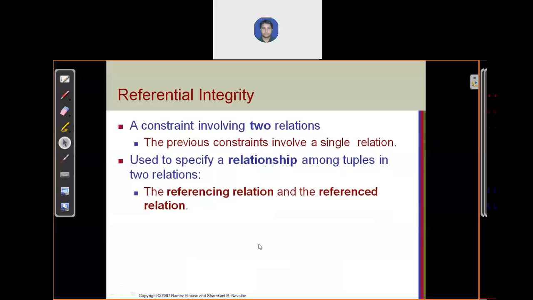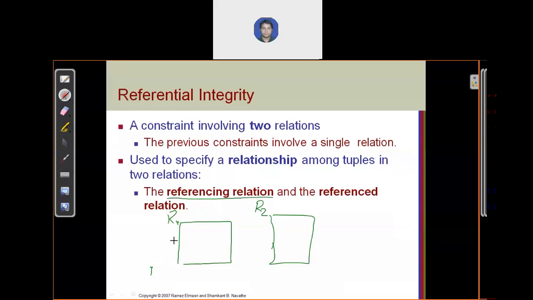Just consider this is relation 1 and this is relation 2, and we are defining this constraint over these two relations. The first relation is called the referencing relation.